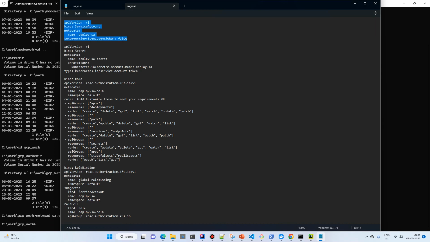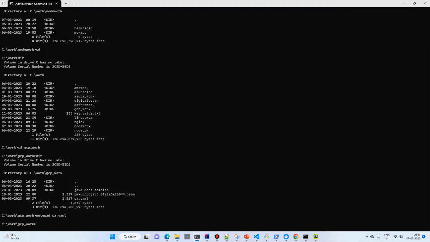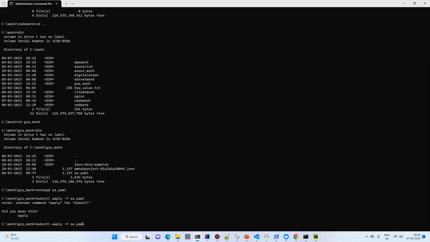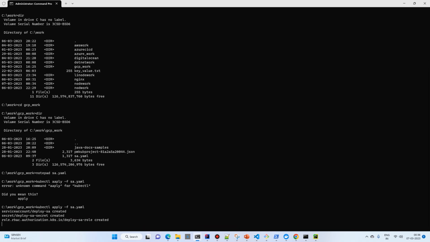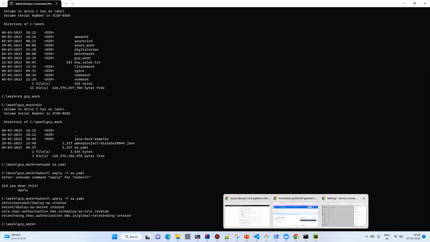We will create a service account and then we'll create a secret for the service account. We'll create roles and rules for the role, and then we'll create a role binding. Okay, and with the help of this we'll create a service account. So kubectl apply SA YML. So it's created and then now go to the